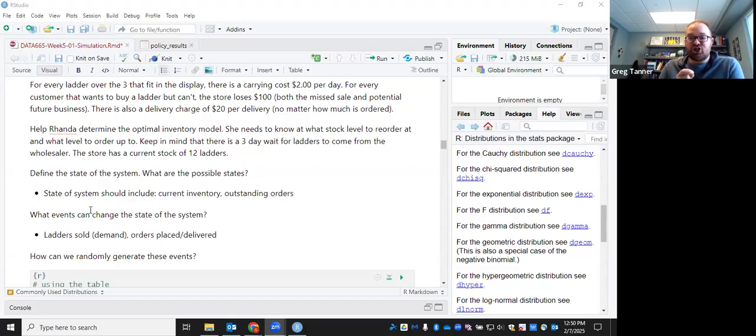And then what events can change the state of the system? Well, each day's ladders sold, the demand, reduces her inventory. So that event changes the state of the system. Also, if she places orders, that changes her outstanding orders. And also whenever orders are delivered, that changes her inventory. Okay, so those are the main events that change the state of the system, where the state is how much inventory she has, as well as how many ladders she has on order,